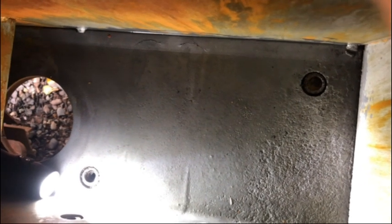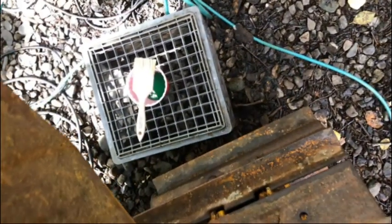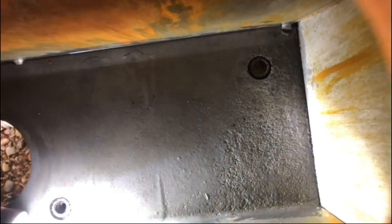What happens is it changes that rust to iron oxide to iron phosphate, and basically neutralizes it. So anyway, I went ahead and reached up in the hole on the bottom where that flange is and coated this side of the tank on the bottom. I'll go to the other side and do the same thing and let that dry overnight. I think you're supposed to give it maybe 24 hours. Just make sure it's dry,